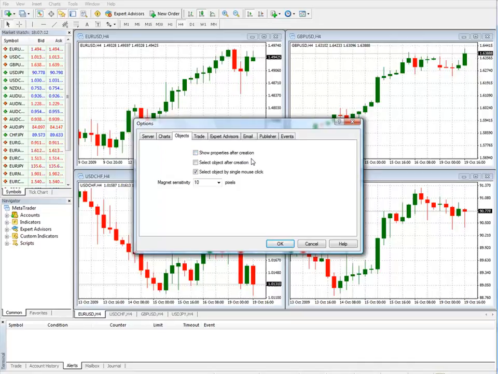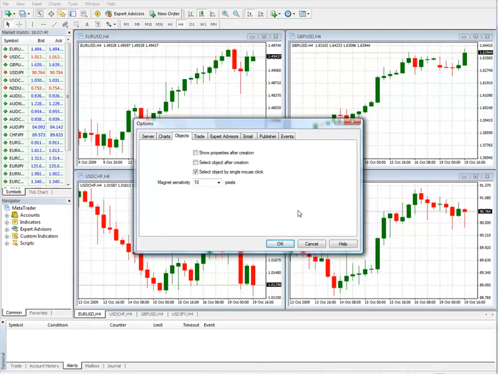You can select the object after creation. This is handy when you want to move an object immediately after. You can select the object by a single mouse click as well. And this is particularly handy too, rather than having to double click on the object and then move it from there. Here, where we speak of magnet sensitivity,